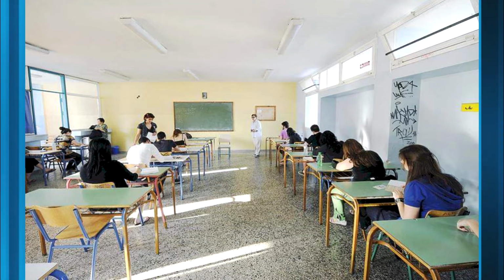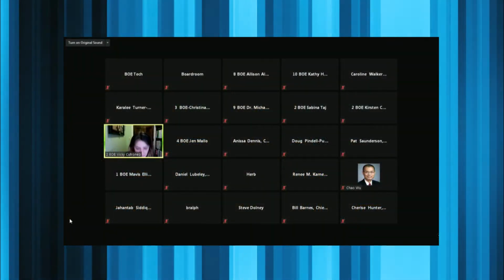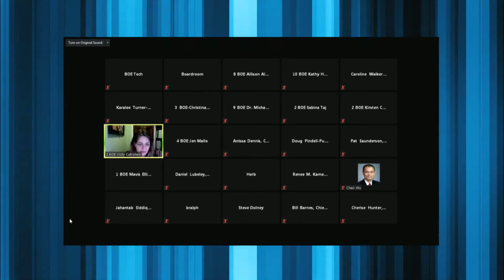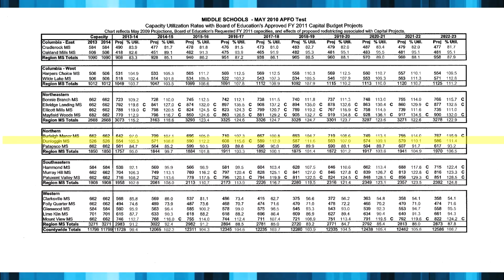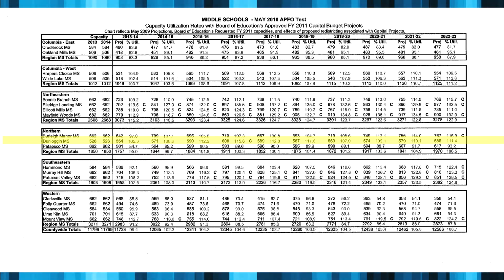I also wanted to point out, the point of the APFO and the open close chart is to try to control development until we have capacity. And that hasn't been what is happening. I looked through the years, Dunlogan has been constrained since 2010. And the answer is always, in the CIP, but then that project gets deferred in the CIP. So we don't really have real solutions. So I know there's not going to be an answer to me here.